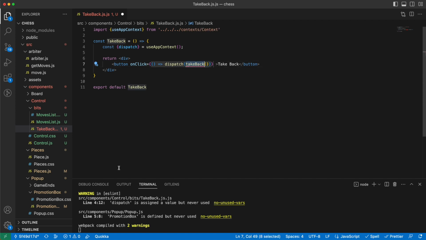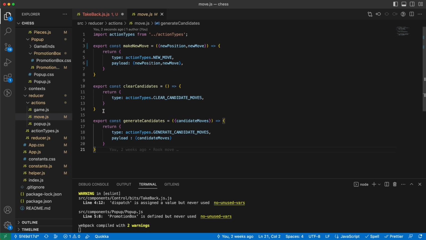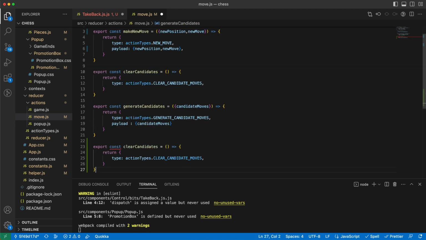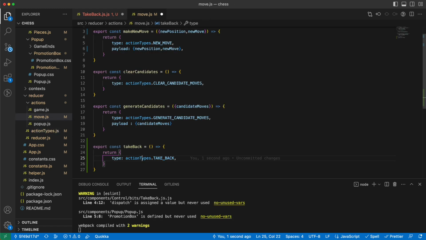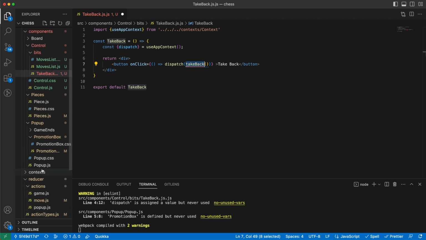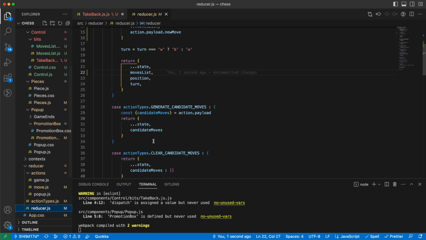And of course I need to write this function. And let's go here. Define it. And in the reducer,